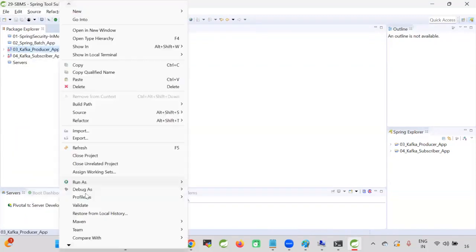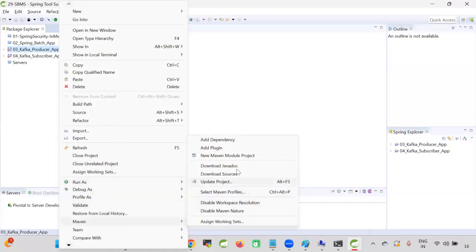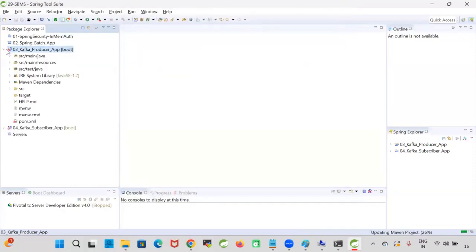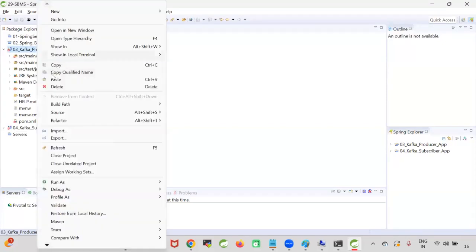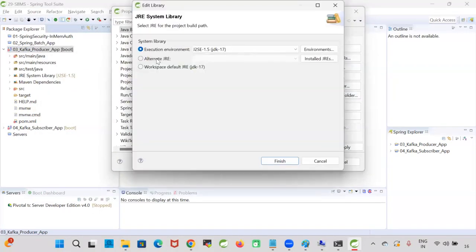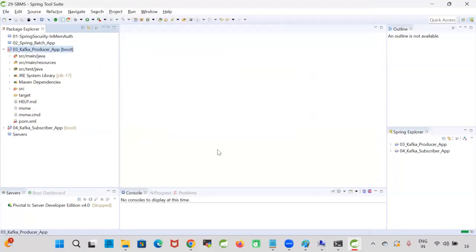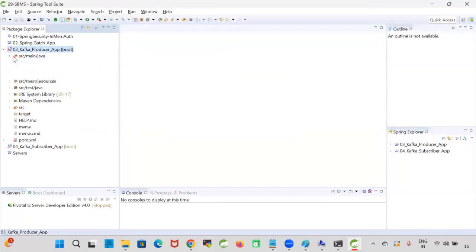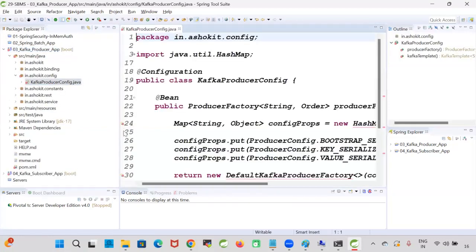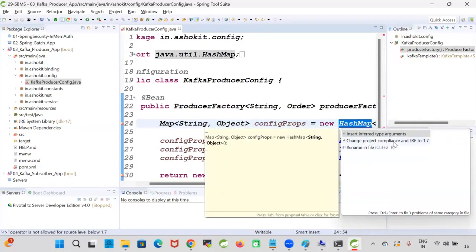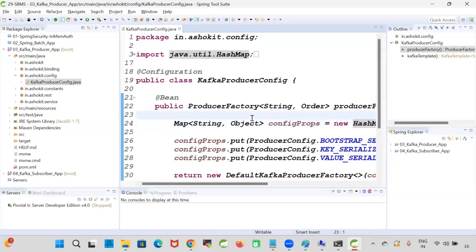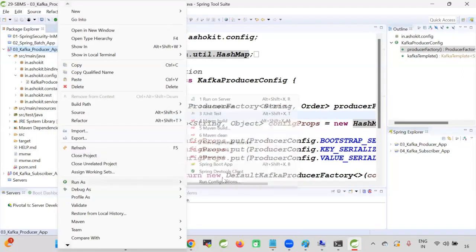Refresh. Maven update. Build path, configure build path, JDK 17 version. I'm using JDK 17 version in this. Change the compilation to the matching Java version. Okay, now refresh. Let us run this application. Run as